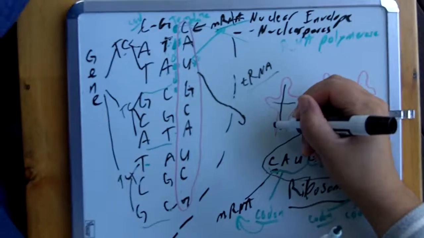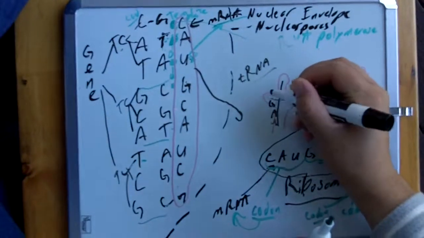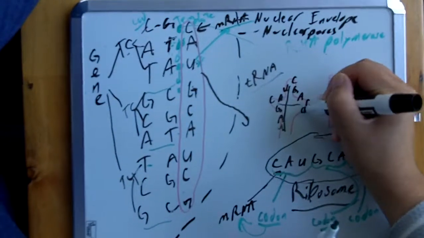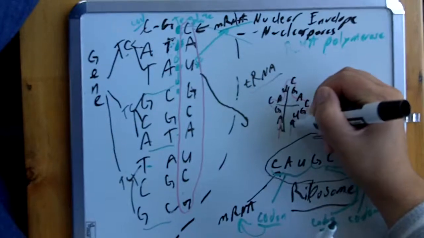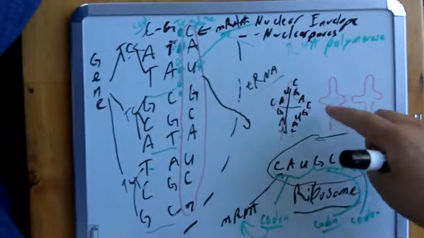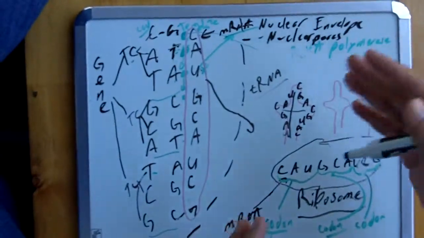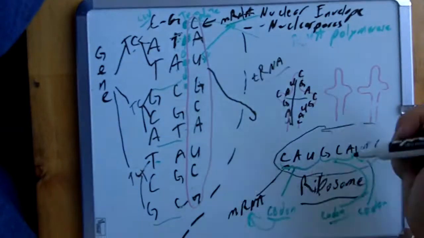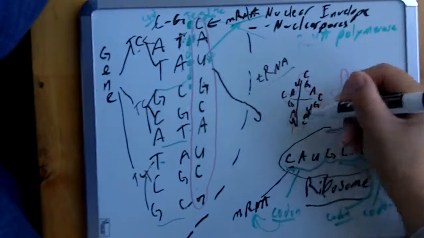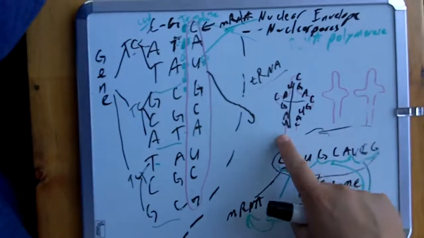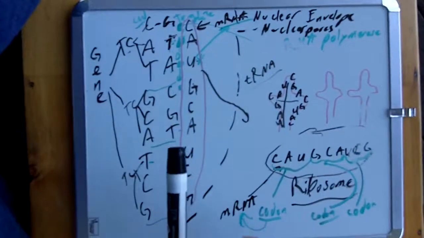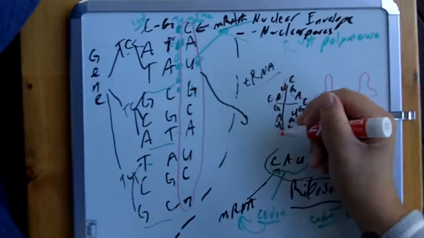So what you'll have is something like this: U, A, G, C, A, U, C, G, A, C, G, U, A, C. And it just keeps going around following that ghost or cactus-like fashion. But the most important three, because remember, we're basically reading these in threes, is the three at the very bottom. And the three at the very bottom, in this case, I'm going to label as G,